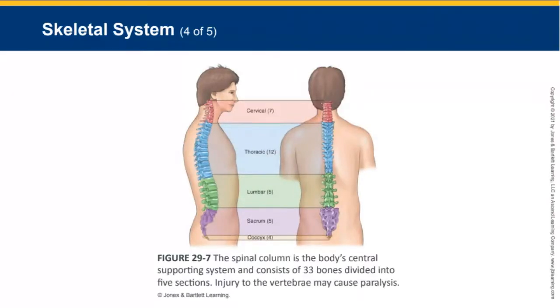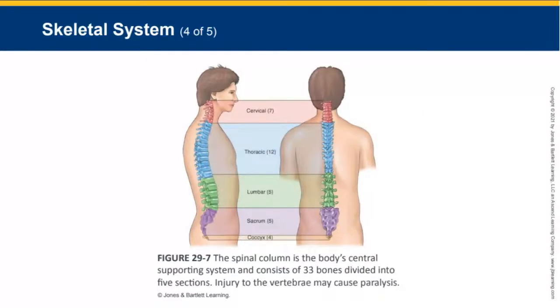Each area of the spinal column has a certain number of vertebrae. So the cervical area has 7, the thoracic has 12, lumbar 5, sacrum 5, and they are fused, coccyx 4,